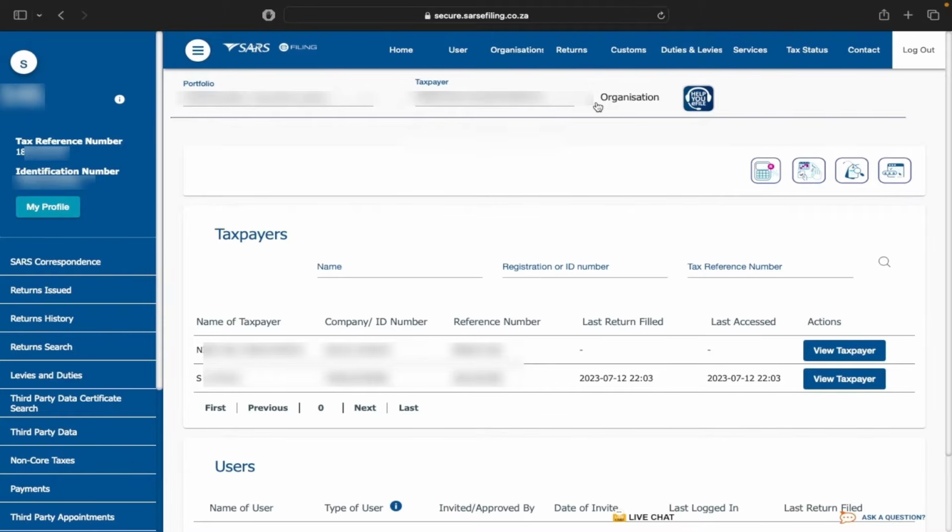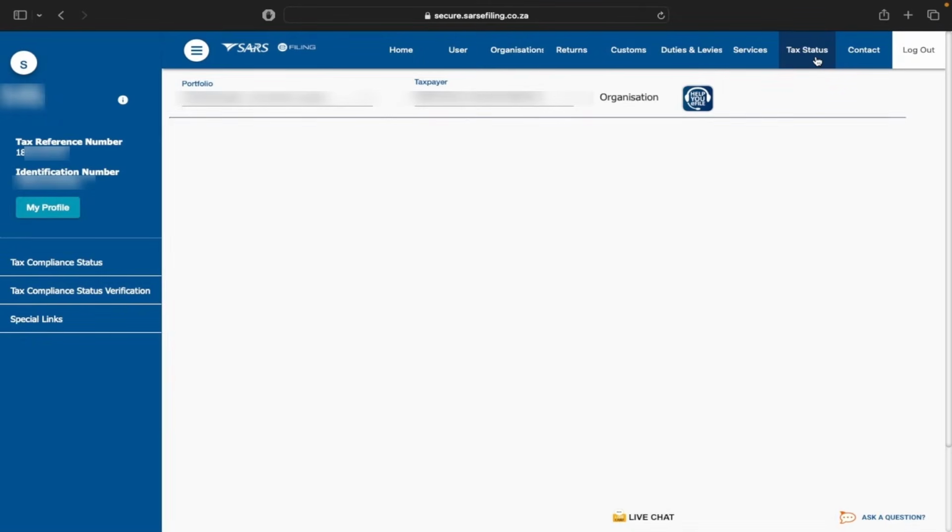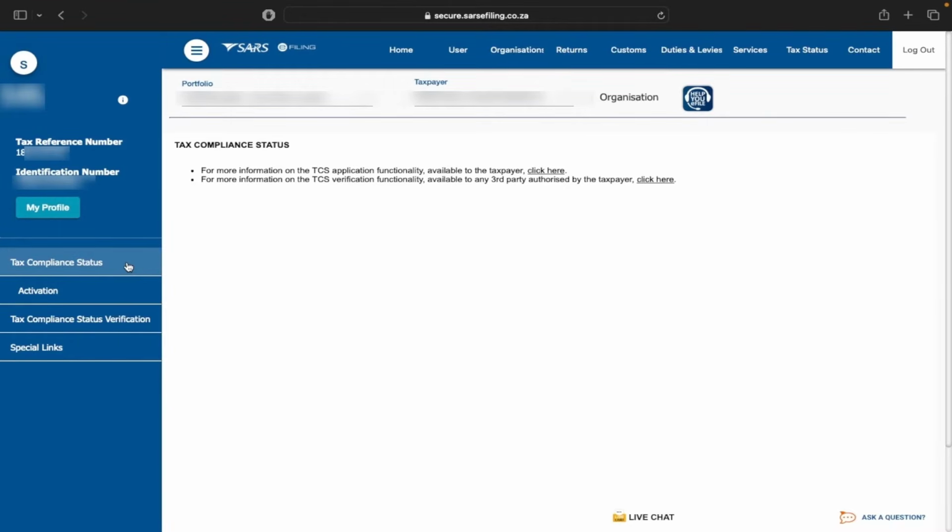You can see here on the top right, it's written tax status. Okay, and that's what you want to click on. So I want to click on tax status. Now I've not checked the status of this company or the compliance status, or I've not requested the letter of good standing before, so you will see what is showing here. And then I'll click on tax compliance status. Okay, so I click on tax status and then I click on tax compliance status,